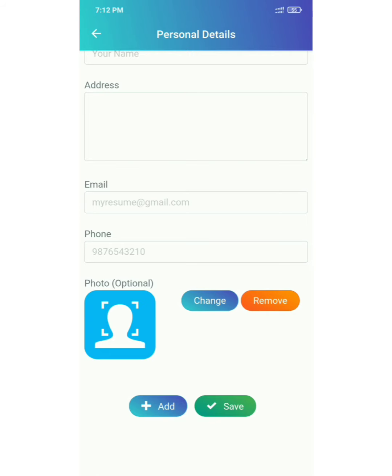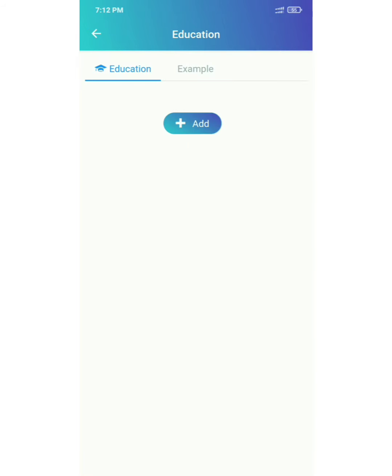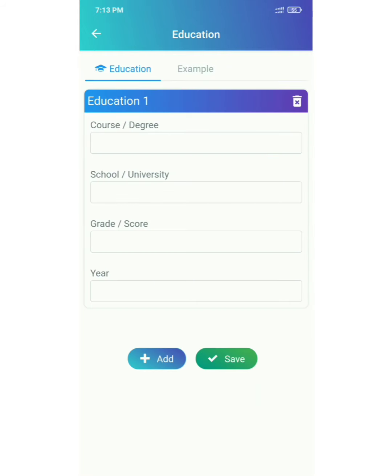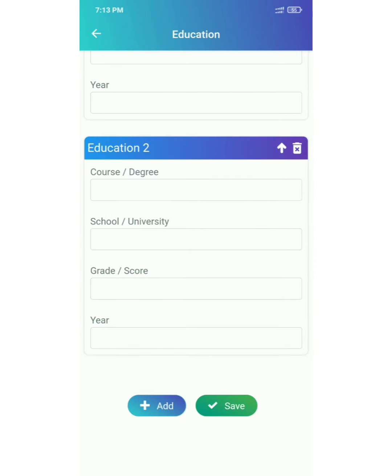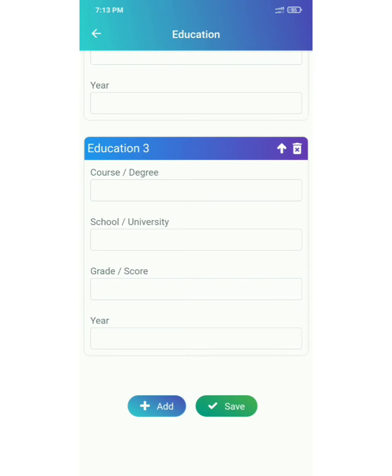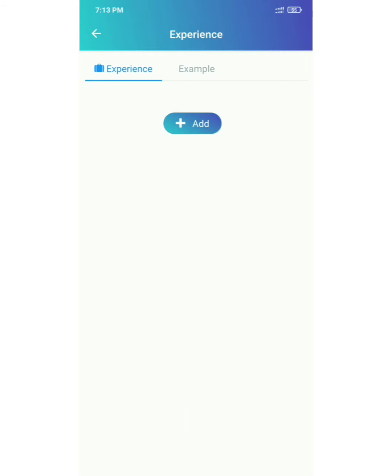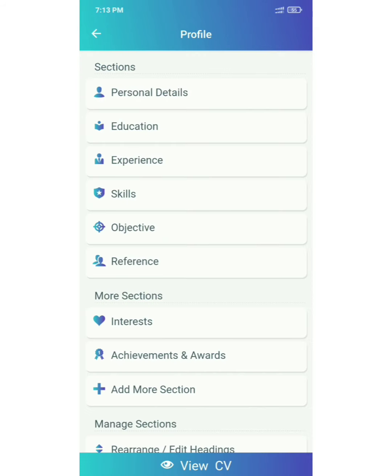and we need to sum up our entire CV in one page. And after this, while filling education details, go in reverse order with recent BE degree, then 12th or diploma degree and then 10th. Enter your average CGPA till 7th semester if you are in final year, and then add a section for 12th, also called higher secondary certificate. Enter your percentage, then similarly add a section for 10th called secondary school certificate and save all your information. Experience part I will give as a bonus tip at last, so please see this video till the end.